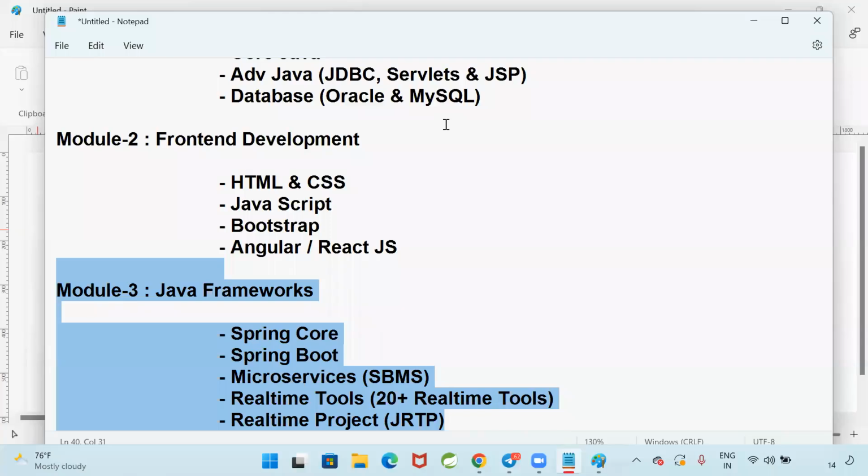Because as I told you, this is my first batch for Java full stack. My students were surprised: Sir, are you teaching core Java? I have not taught core Java in the last 6 years. This is the very first time I am teaching Java full stack development. This is a challenging batch. All the institutes in Ameerpet are also watching: Ashok started full stack, how will it be? Will it be a success or a failure? So I want to prove that our batch is going to succeed. It is a personal batch for me, my first batch, and it is a challenge for me.